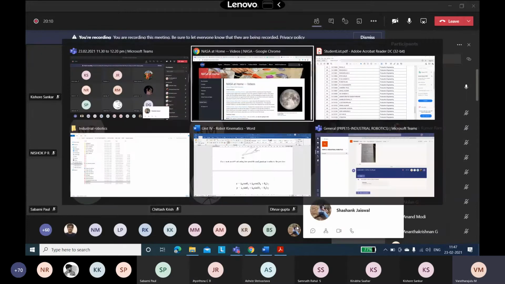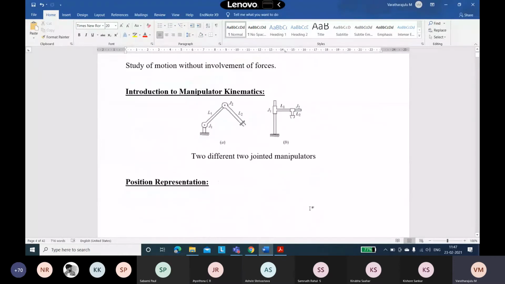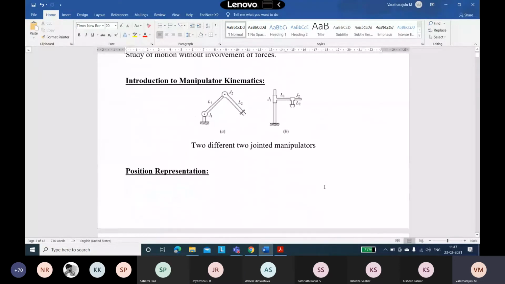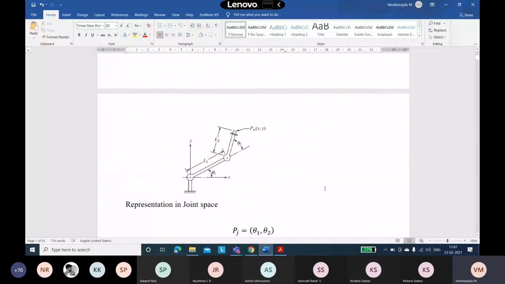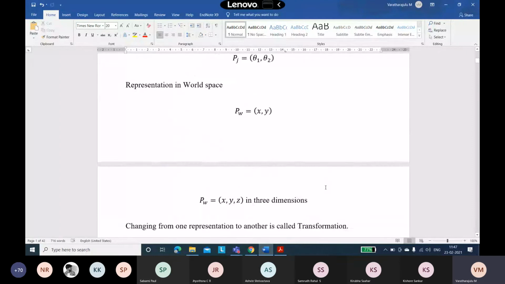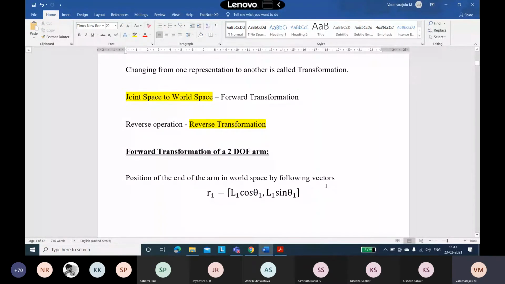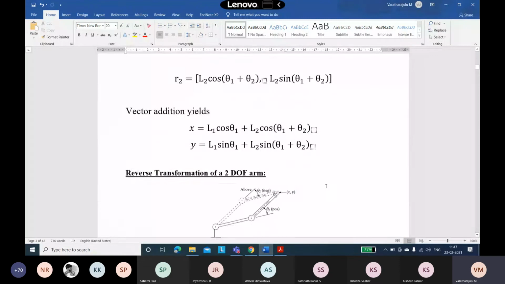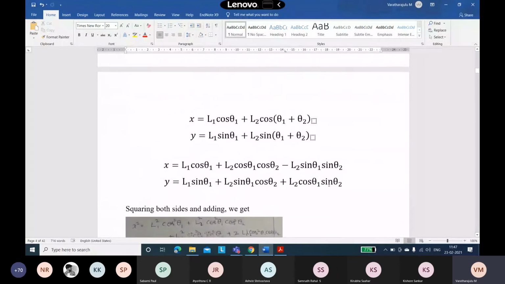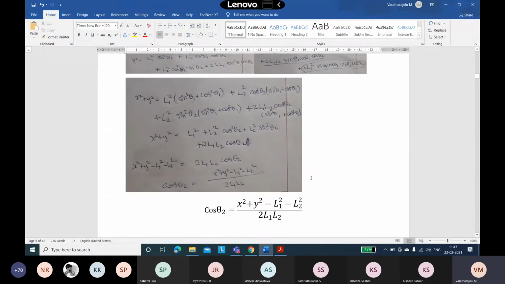Okay, good. We'll start the content, and this is what I have shown. Unfortunate that I didn't share the screen. This is what we have already discussed: joint space, world space, conversion of joint space into world space and from world space into joint space, forward kinematics and inverse kinematics, and R1, R2, and X and Y. We converted the x and y, and we derived theta 2